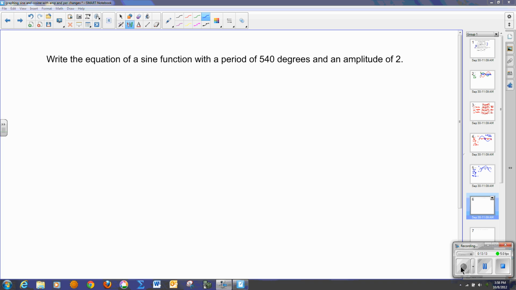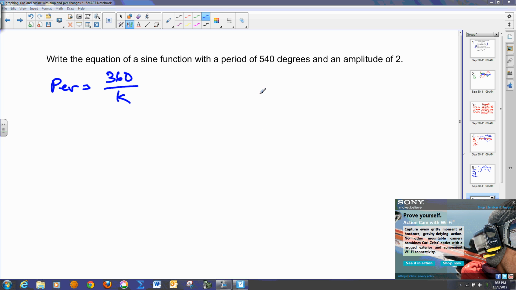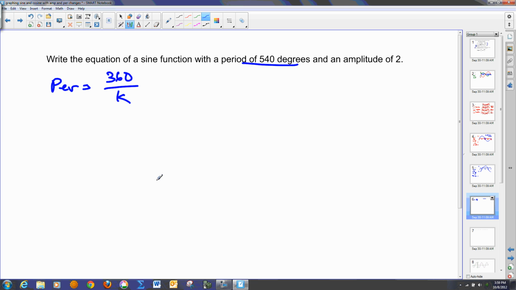So we're going to switch gears a little bit, and we're going to actually write an equation now of a sine function with a period of 540 degrees and an amplitude of 2. So if I know the period is equal to 360 over k, and I'm using 360 this time because they give me degree value here, then I know my period, which is equal to 540,